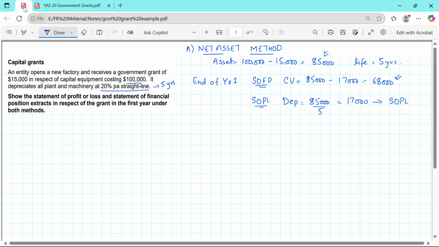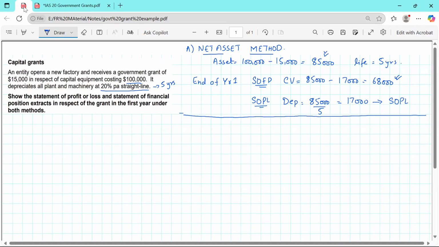And in this way, when the second year comes, you will deduct another 17,000, then 17,000, then 17,000, and at the end of the life the asset would be at zero, and in this way everything will work. Clear? Okay, now let's start the other method,